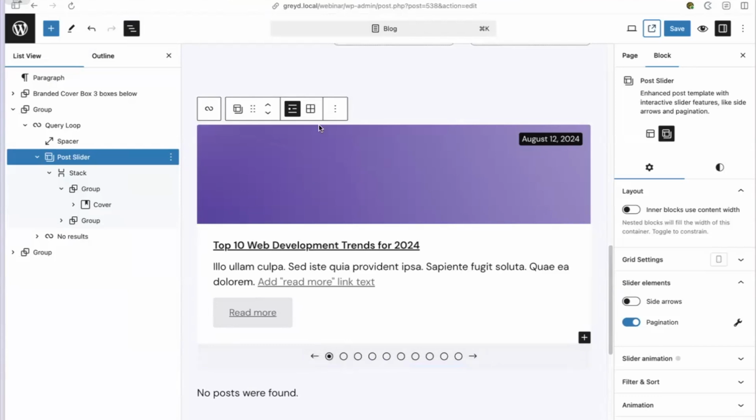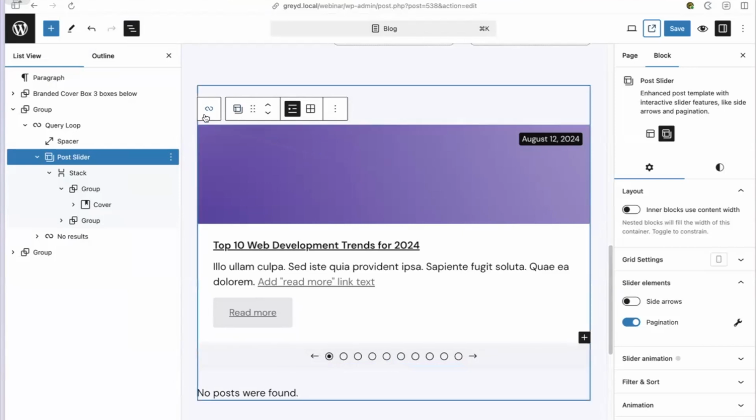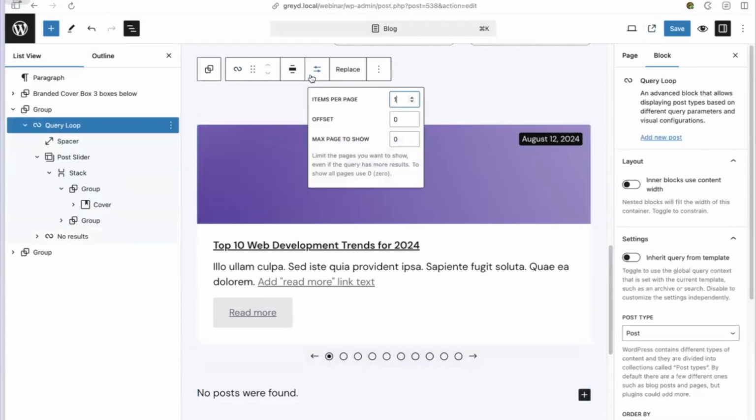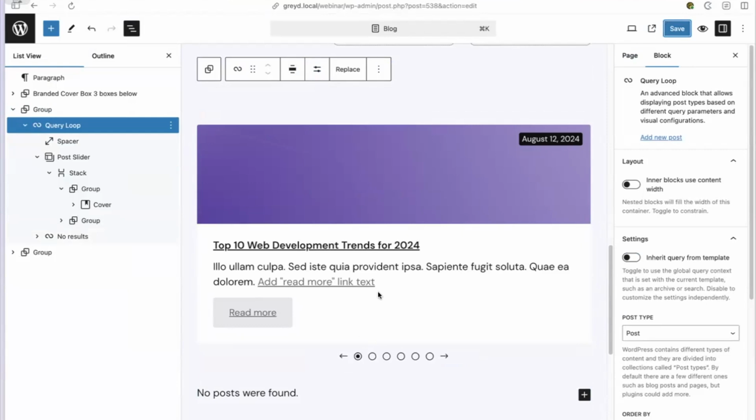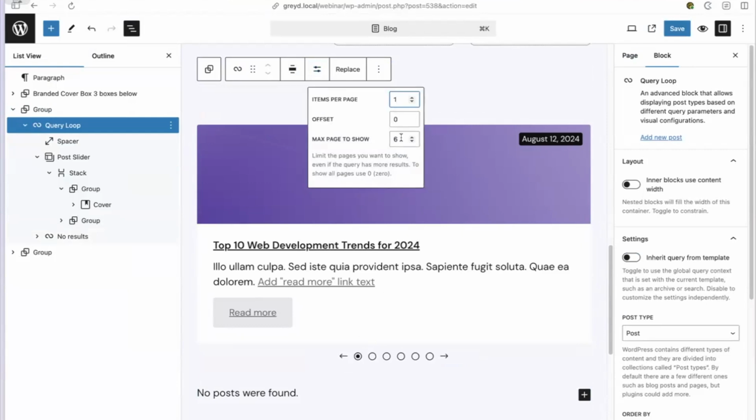Or you can decide if you want to load only a reduced number of posts. For example, you have items per page, but you also have max pages to show, which reduces the number of pages that are shown. By default, this is 0, which says all of the pages are rendered. So I can make this 6, for example, and now I only display 6 posts. Currently it's not supported to have unlimited pages and not have any performance downsides. You will have them right now.